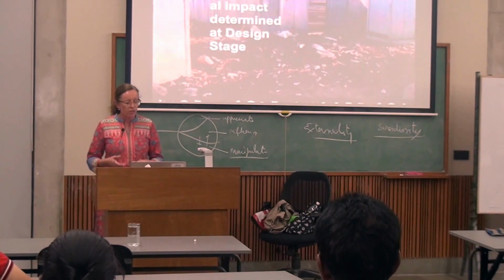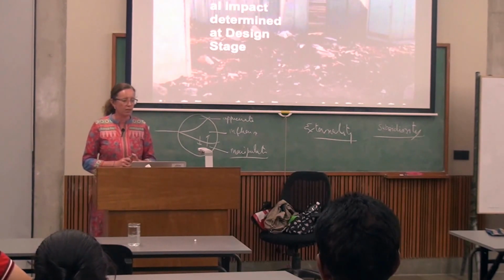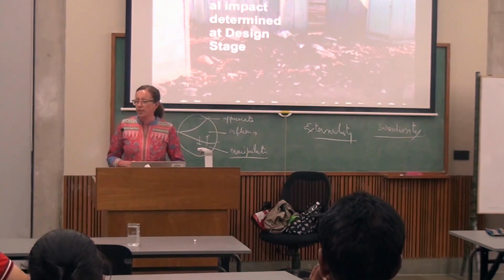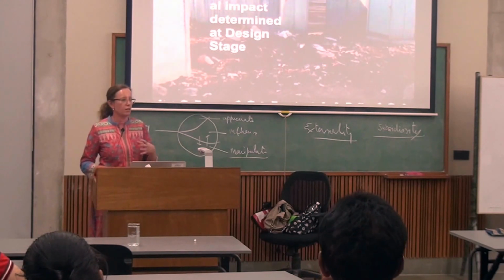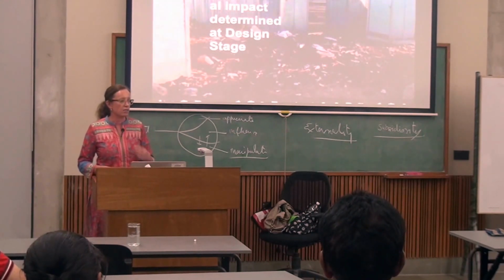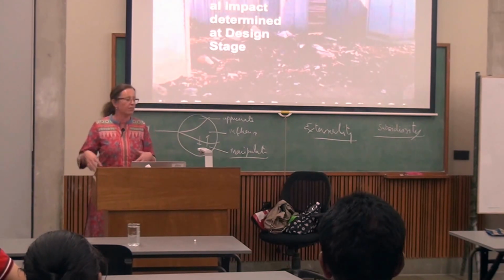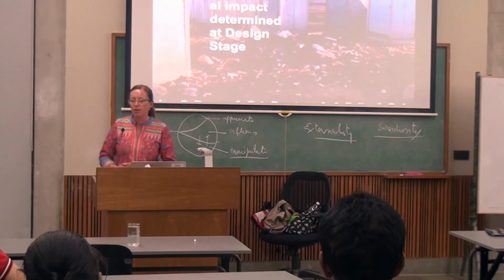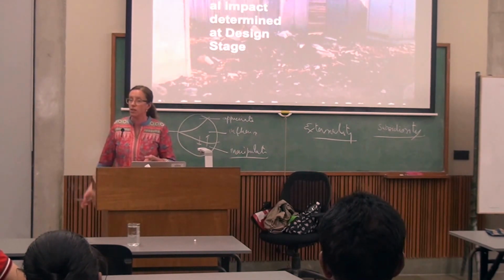In terms of industrial design, 80% of the environmental impact is determined at the design stage. So this really highlights the importance of the designer getting the problem right and thinking about the whole system of the product. But again, this idea of circularity, the life cycle of the product, the impacts of the product, what are all the things that happen along the product's life cycle.